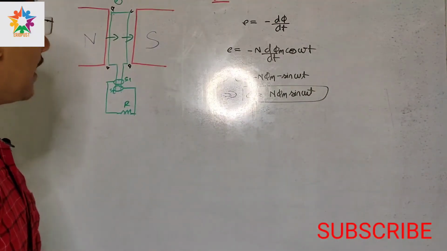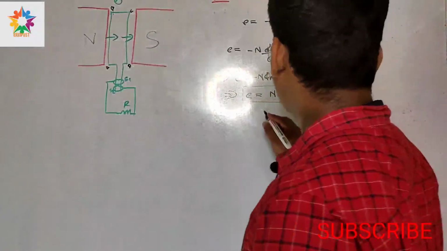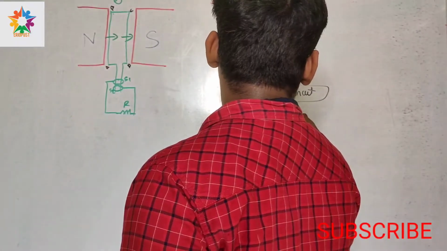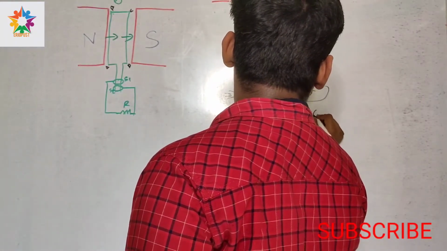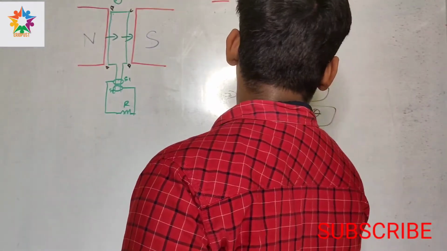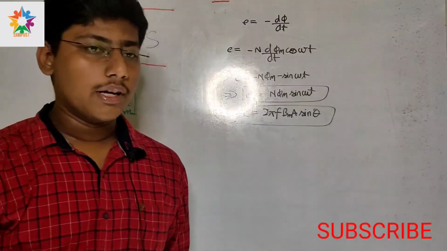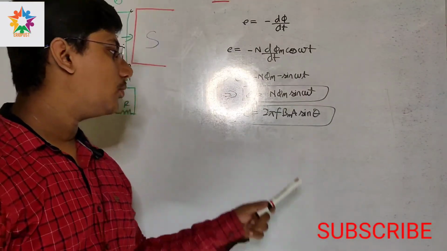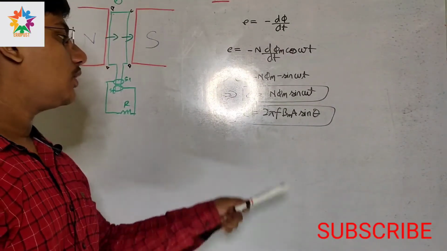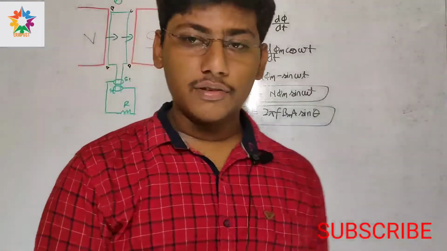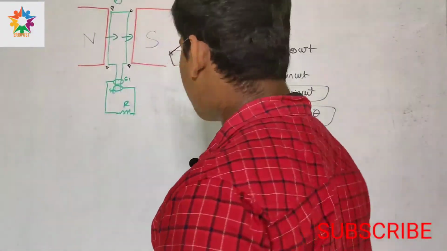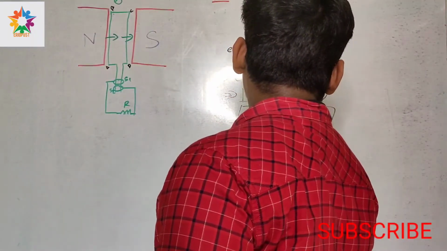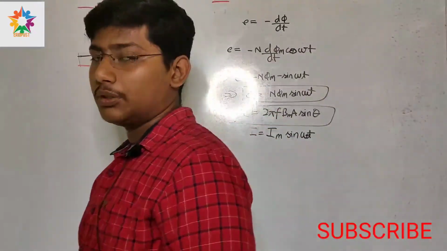Okay. Now I can also write this as E is equal to 2 pi f B magnitude A sine theta. So this is mainly used in calculation. Many of the times we have a question which is based on this format. So it is very important to learn and solve questions based on this format. Now what will be the EMF equation? The answer is very simple. The equation will be I is equal to Im sine omega t. Okay, I hope this is clear to you all.